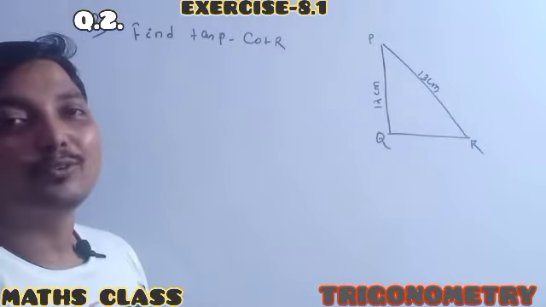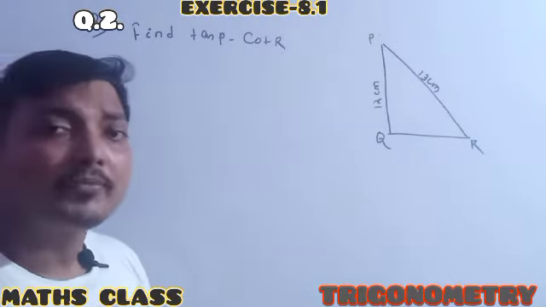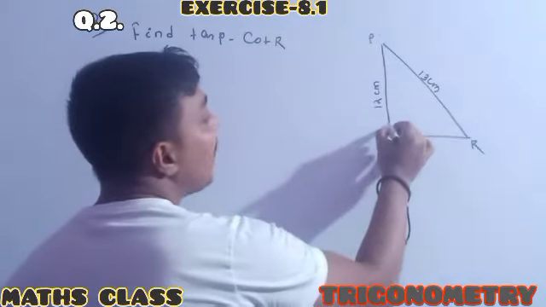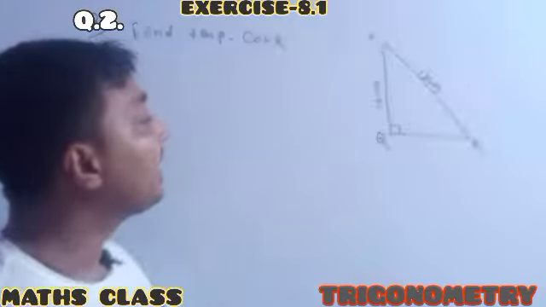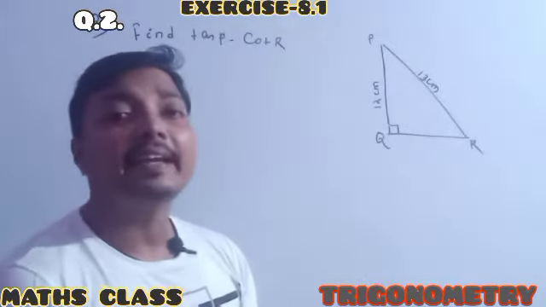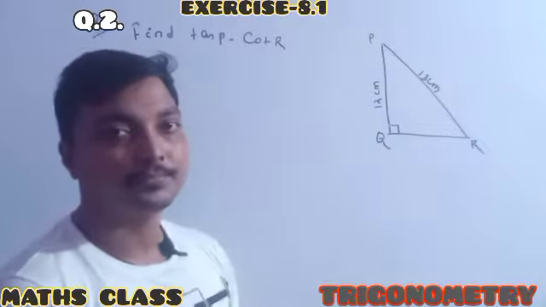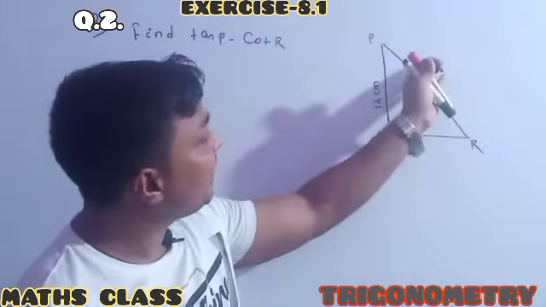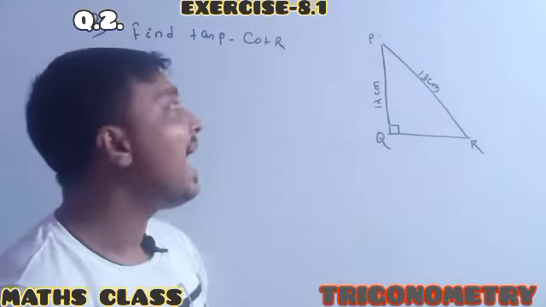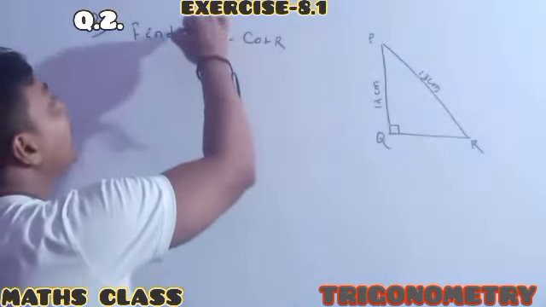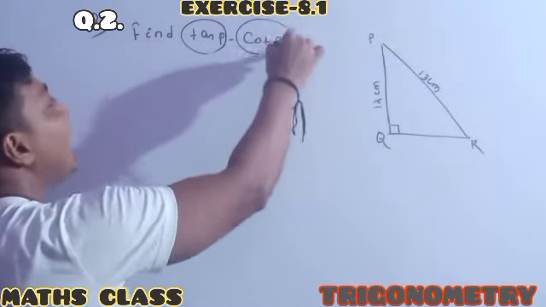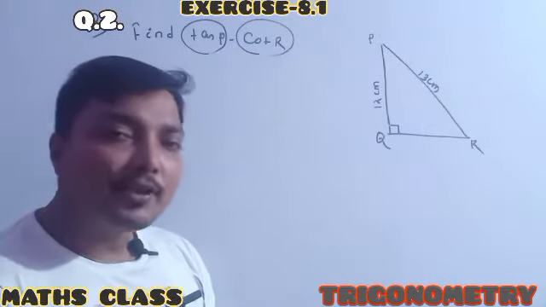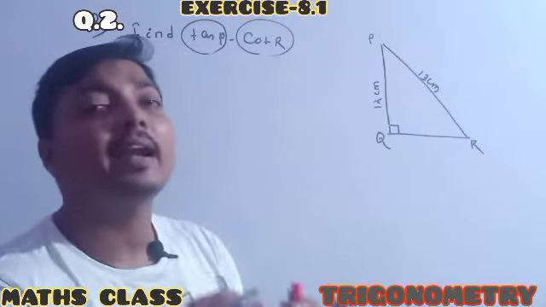See, in question number 2, the figure is already given. In the figure, PQR is a right angle triangle, and it is clearly seen the right angle is at point Q. PQ is given as 12 centimeter and PR is given as 13 centimeter, and you have to find tan P minus cot R. Everyone knows to find the 6 trigonometric ratios,